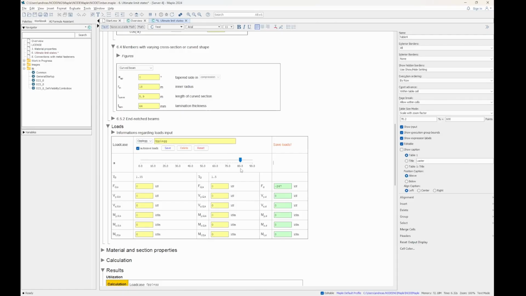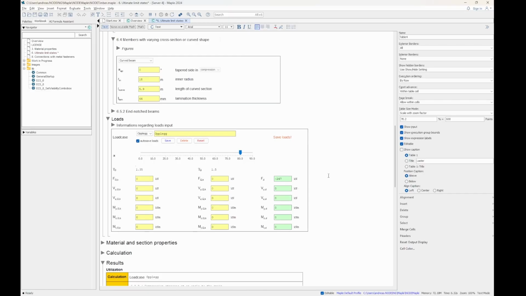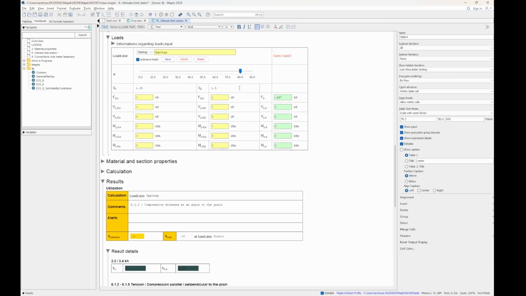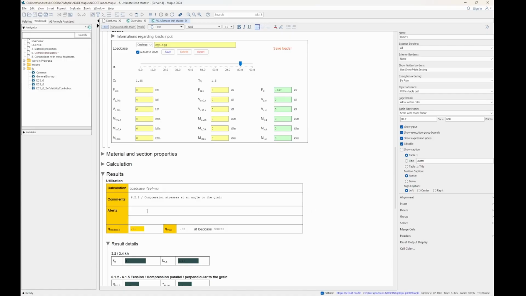This has an 80-degree angle to the grain direction. So it's not really perpendicular, it's 10 degrees less than the perpendicular. So here we have 247 kilonewtons as a force, so in that case the alpha angle is actually active. So in that case we do have the check according to 6.2.2,